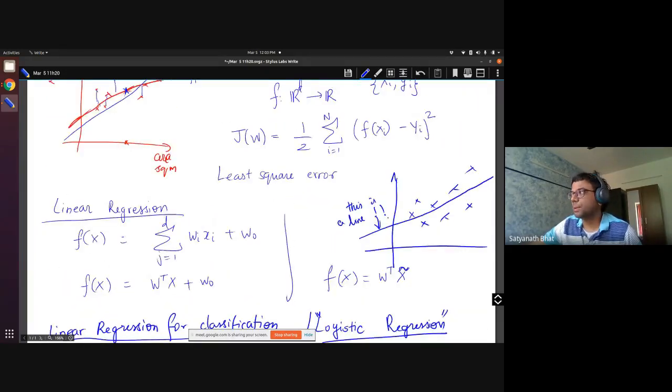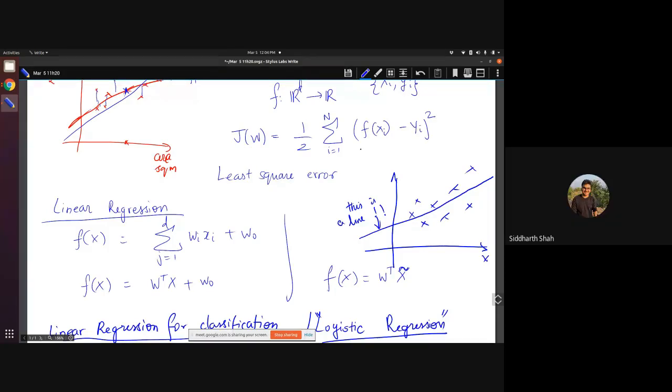So what is it that we have understood so far? We have been given a cloud of points, and there are some features x. This could be in d dimensions. What we are trying to do is learn the function, which is going to be a hyperplane, and we want to find the hyperplane that minimizes the least square error, the least square criterion. I hope the discussion up till here is clear to everybody. If not, please ask me now.